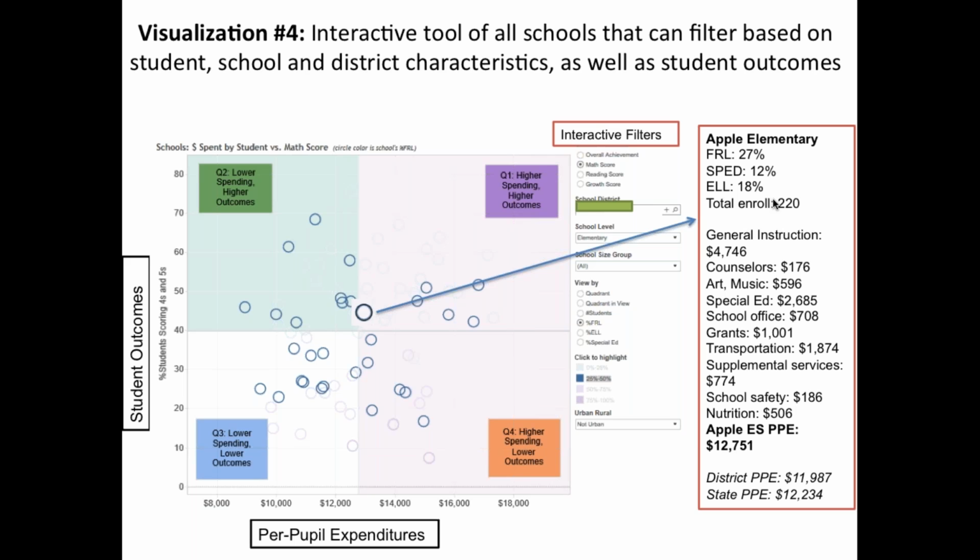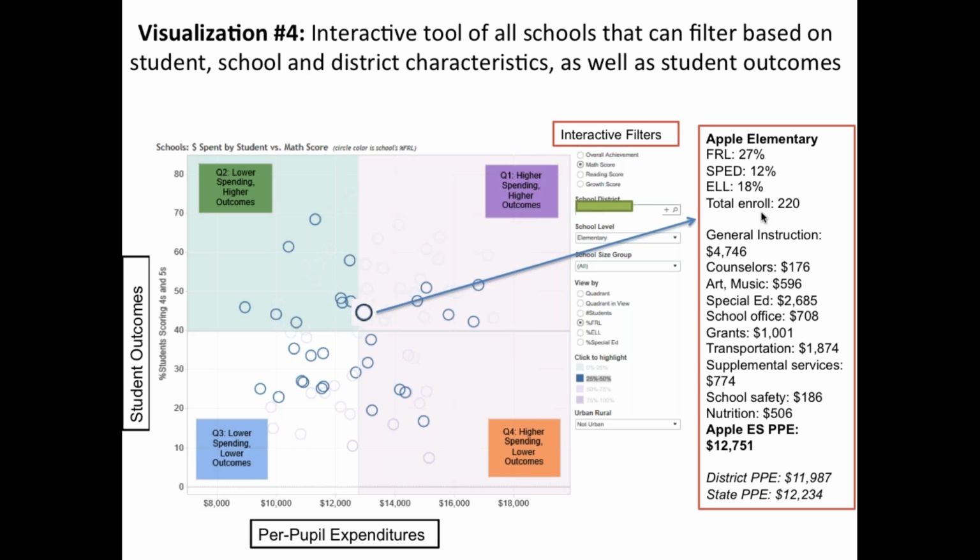So now this question of, does my district divvy up funds equitably? You would narrow it by your district. You'd see where the schools are, and you'd have to mouse over each school to look at the different demographics of those. Let's say you're looking at the upper half of the screen in the Q1 or Q2 sections. Do those schools have higher needs than the ones in Q3, Q4? Do they have lower needs? You have to do a bit of a scan of that, but it won't pull that out automatically for you.